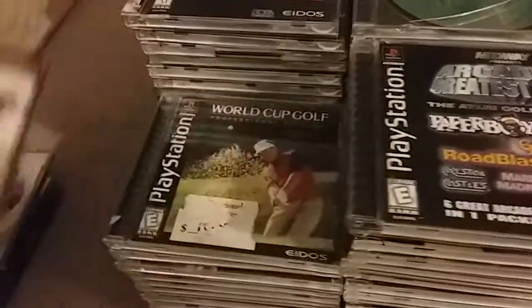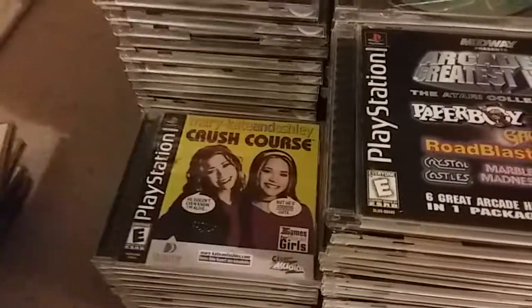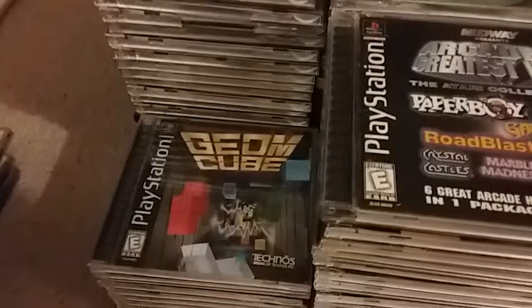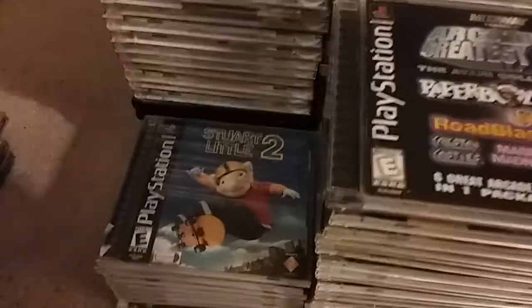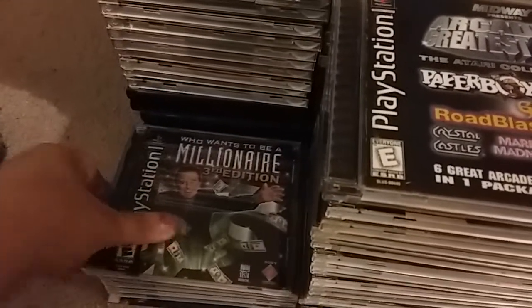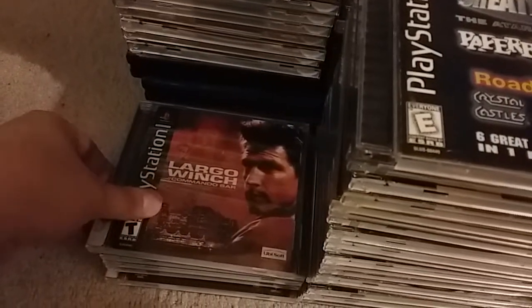MLB 2002. World Cup Golf Professional Edition. 2 Extreme. Madden 98, Mary-Kate and Ashley's Crash Course. I'm sure everybody wants that game. We have another Area 51, Geom Cube, Spec Ops Stealth Patrol. There's another one of those. Stuart Little 2, NFL Game Day 2000, Who Wants to Be a Millionaire, the 3rd edition, Largo Winch, Commando